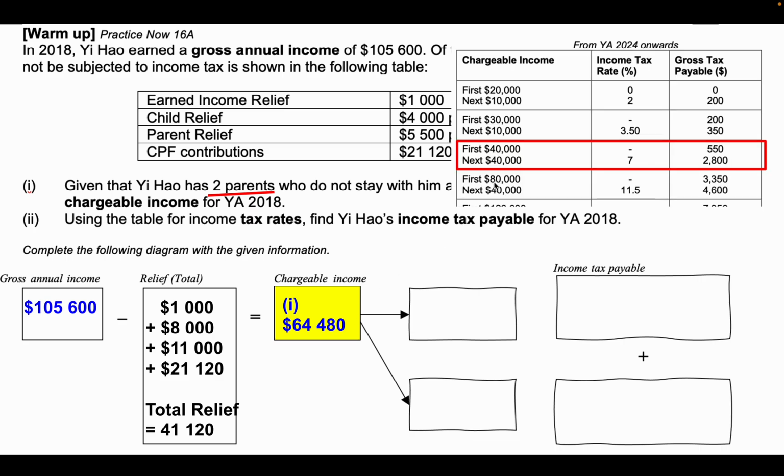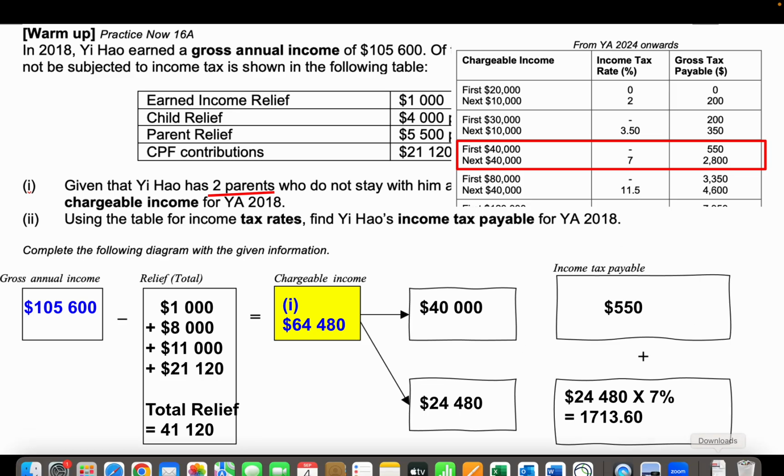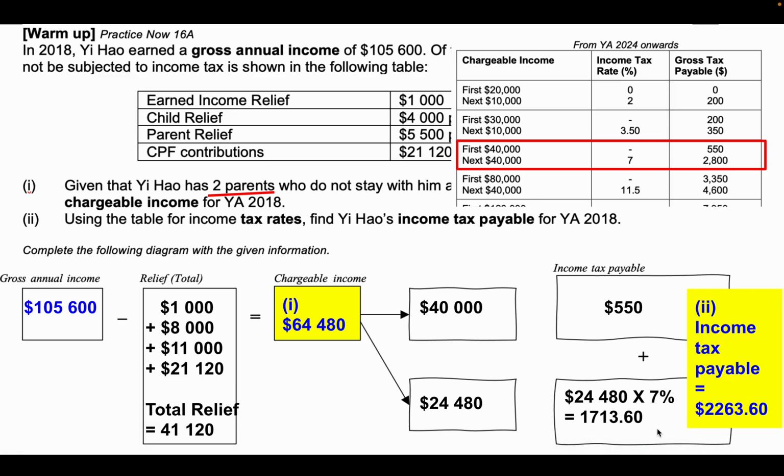So similarly, here we have 64,480. It is less than 80,000 but more than 40,000. So we shall look at this tax bracket, and we are going to split this amount. And as we split this amount, we get this. And from here, the first amount, the value is already calculated for us. So we just copy it here. And the second amount, we will have to multiply by 7% and to get this. And the total